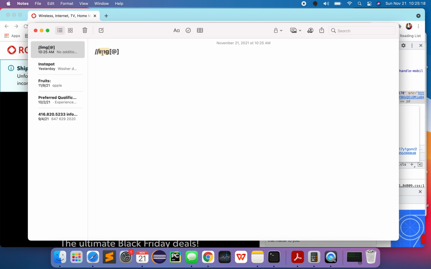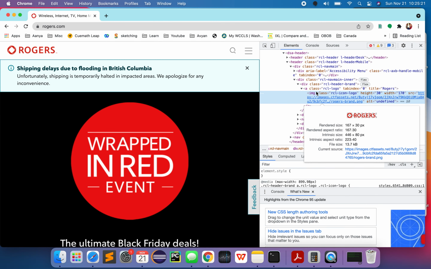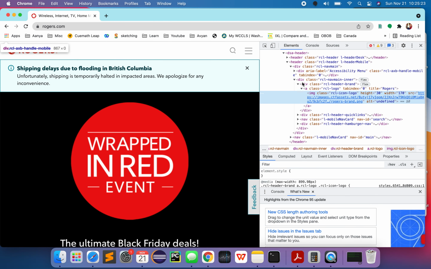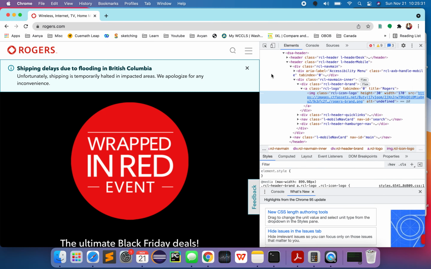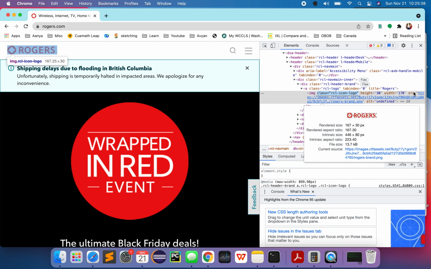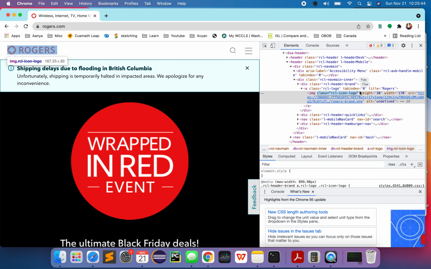This kind can be different. If it is a div, then we may have to choose div. If it is a hyperlink, then this can be a. So this goes by the kind of element, then a square bracket, then the at sign, and then you identify it from a property. In this case, which property I have to choose is up to us. We have to pick a property which looks more readable and better.